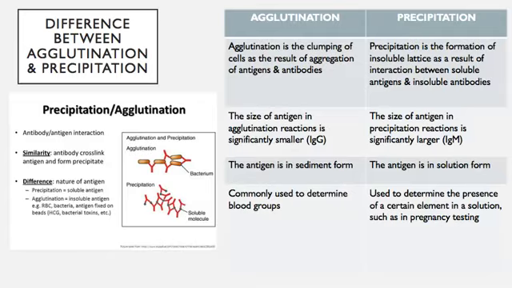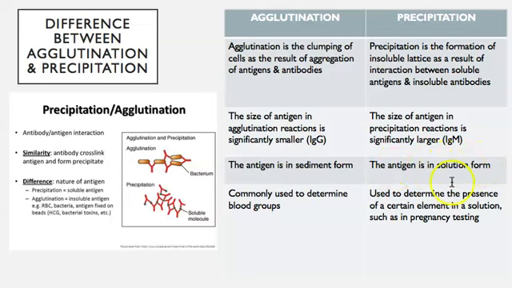Okay, and then you can look at this table. It just outlines or identifies the major differences between agglutination and precipitation reactions. One of the big ways to think about the differences in agglutination and precipitation reactions are these bottom 2 characteristics here. So in agglutination, the antigen is going to be in sediment form, whereas in precipitation it's going to be